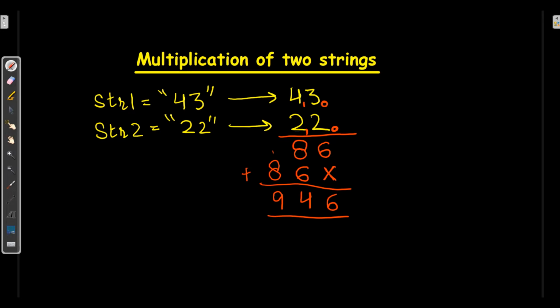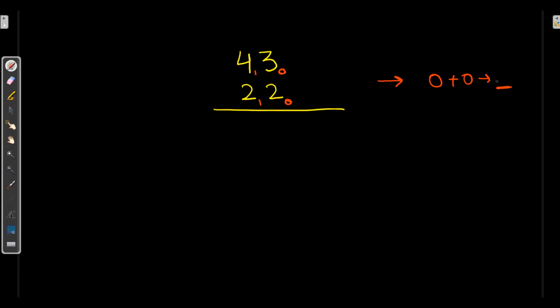Now we will implement this multiplication method through programming. So be with me for 5 minutes. This is the base of this question where I have 43 and 22. Here also we will have the index same as 0 and 1. And here we will take the help of indexes. If I am multiplying 0 with 0, I'll write over here 0 plus 0, so that the resultant will be in the resulting value over here, which will be our output.